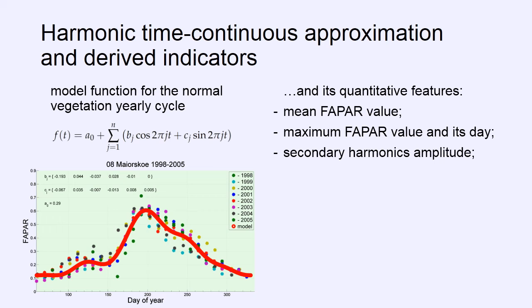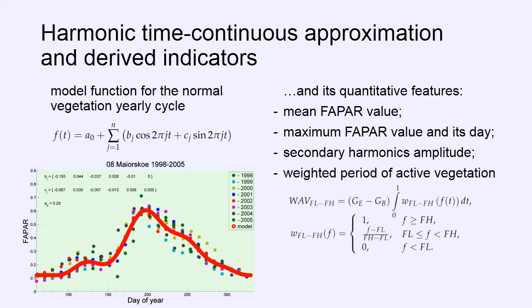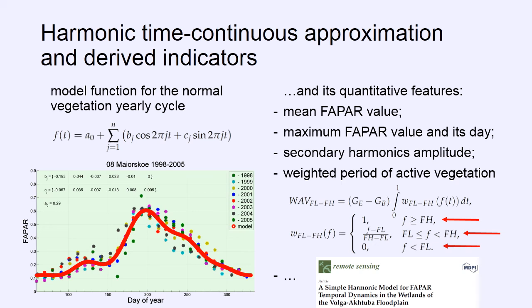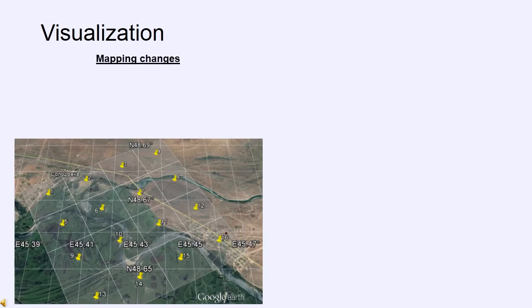For example, we compute the so-called weighted period of active vegetation as an integral, where days with FAPAR values above the specific threshold are counted as usual. Days with FAPAR values below the other specific margin are not counted at all, and days with intermediate values of FAPAR are appropriately weighted. You can find out more details in our journal manuscript. The next examples show the capabilities of the technique for visualization